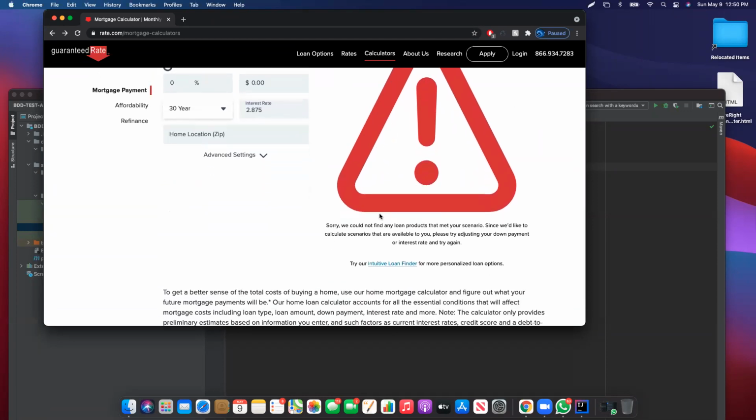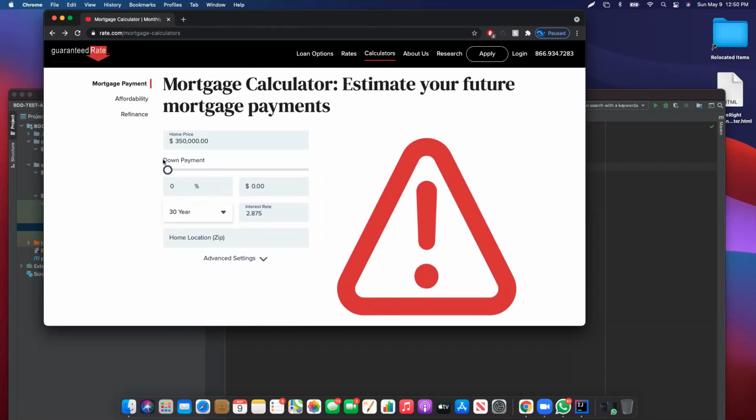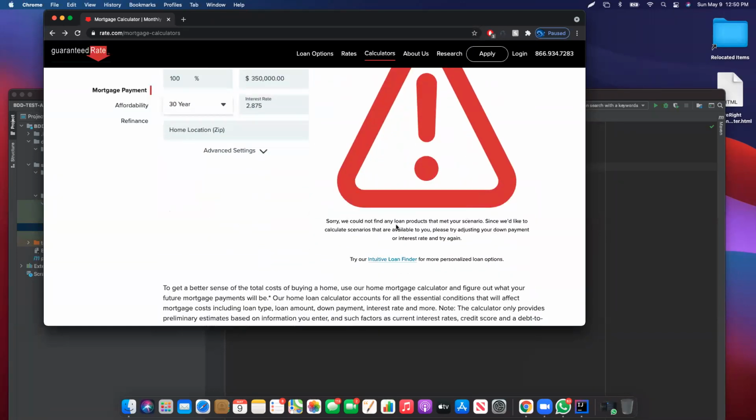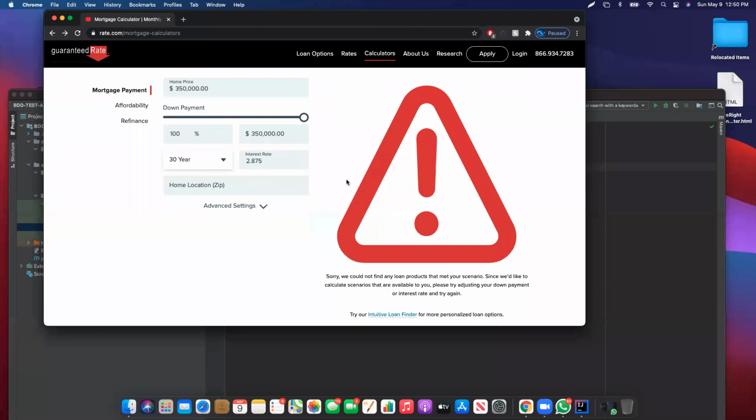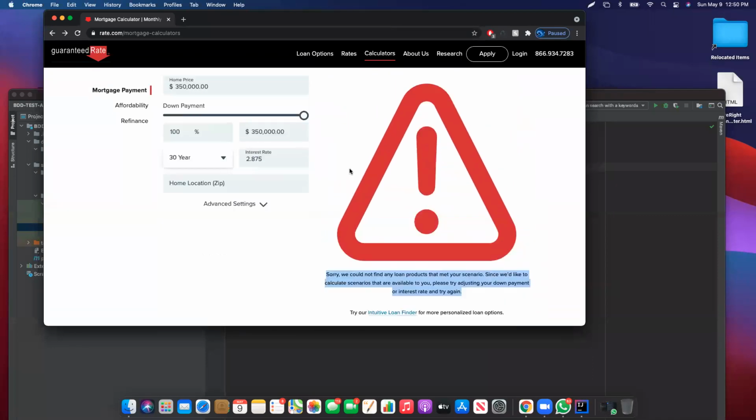You see zero and "Sorry, we could not find any loan product that meets your scenario." So you also need to check whether this message is displaying or not. For example, what if somebody wants to pay the entire amount? Same thing, right? It doesn't even make sense. This message is definitely helpful if somebody is making a mistake. So you see, we already